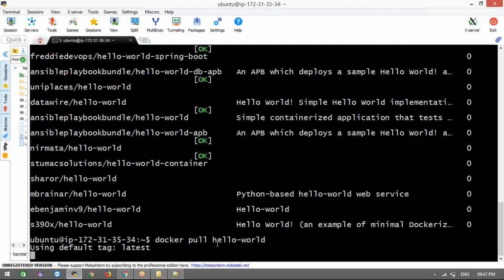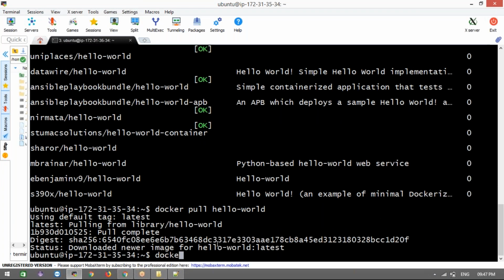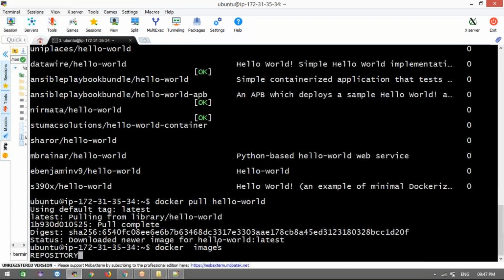Now I have downloaded this image, right? Then how do we check that the images are there in your local machine? Docker images. See this, this is the image we downloaded. Now I want to run it as a container.